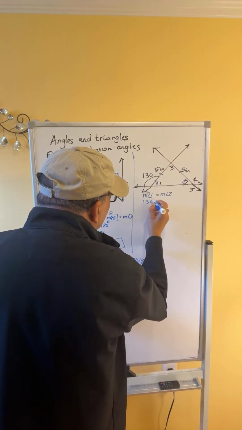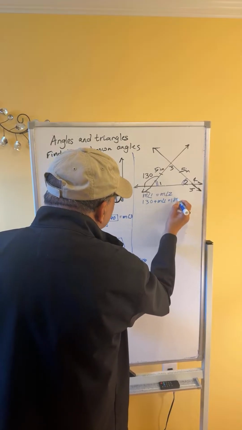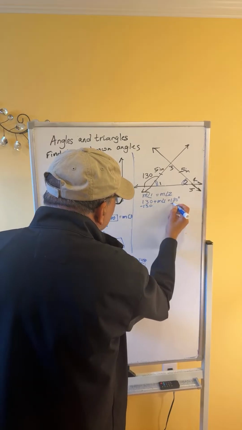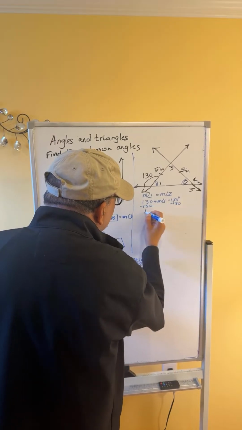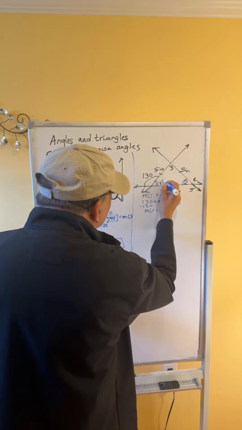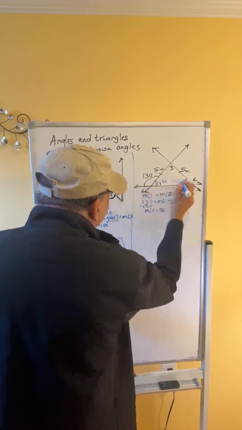130 degrees plus measure of angle 1 is equal to 180 degrees. They are supplementary. So subtract 130 on both sides, which gives us measure of angle 1 is 180 minus 130, which is 50 degrees. So this is 50. Now, isosceles triangle, this is